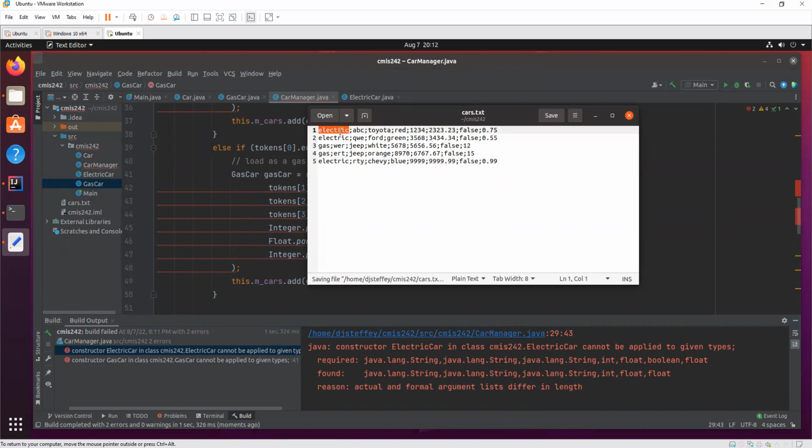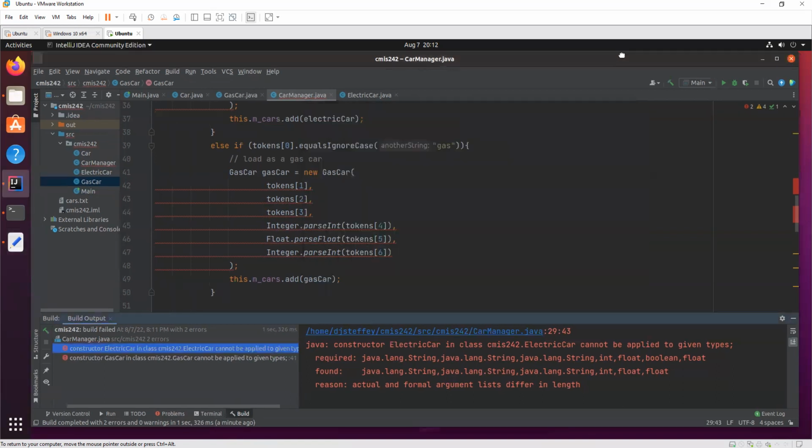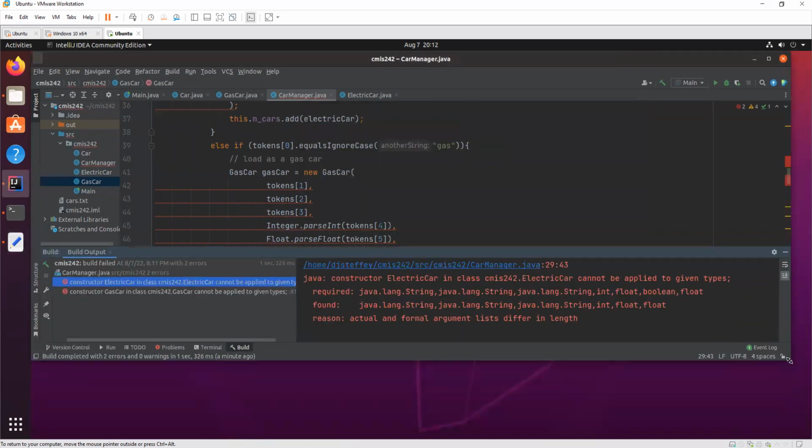So now we have, if it's electric or gas, the ID, the make model, the color, the miles, the price, if it has been sold or not, true or false. Right now it's all false. And then for electric, you still have the charge, and for gas, you have the gallons.